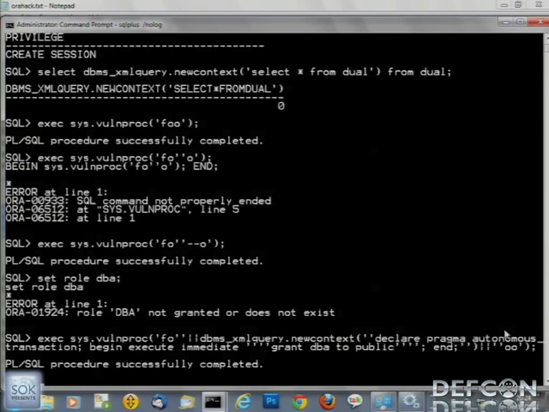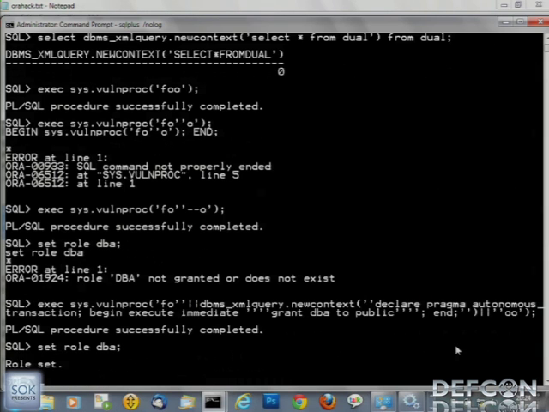Now, as a consequence, we can execute arbitrary PL/SQL, and in this case, it's begin, execute immediate, grant DBA to public, and we end that. And we get the message it's successfully completed. So if we go set role DBA now, DBA role has been set, and if we do select star from session_privs, honestly, it's so easy to break into Oracle,